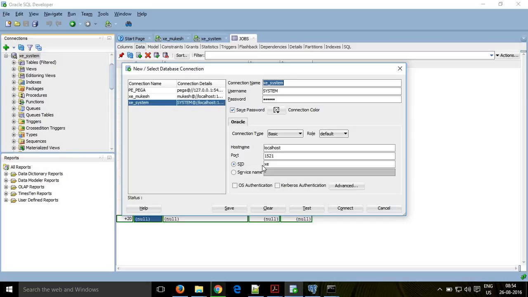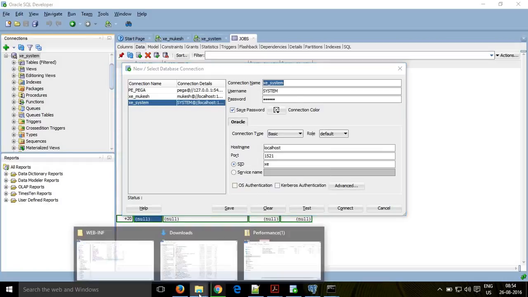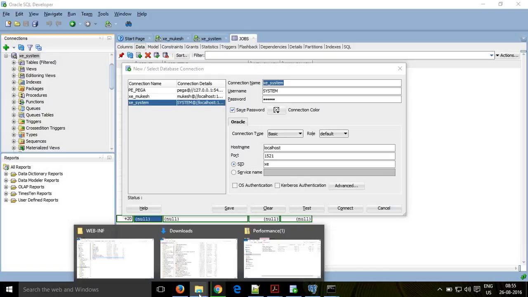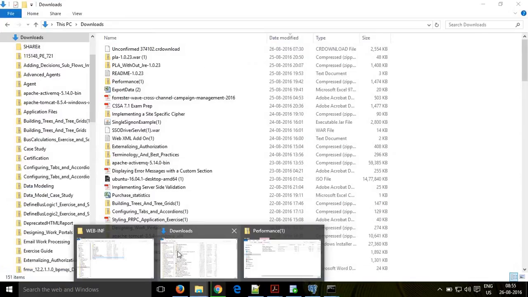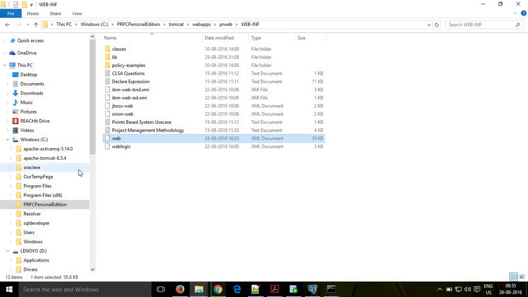One more thing you need to consider is the JDBC driver. There is a jar file which is accessing the database, called database drivers. To connect with this database from another system, you need drivers as well. So first you need these details, and then you need to know what the drivers are for it. So if you go to your drive,